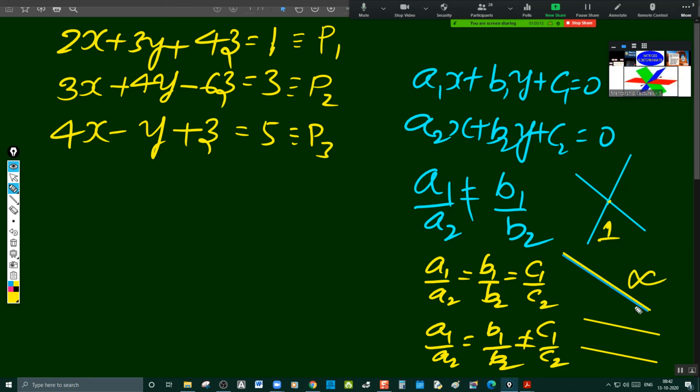Now, how do we apply this concept to 3D or these matrices, system of linear equations in XYZ? Simple, very simple. Eliminate any one of the variables through the elimination method. Like what? I can eliminate Z from P1 and P2, and I can eliminate Z from P2 and P3. That's it. Then you will get two variable equations. Then these concepts can be comfortably used. Very, very simple. Understand that, please.